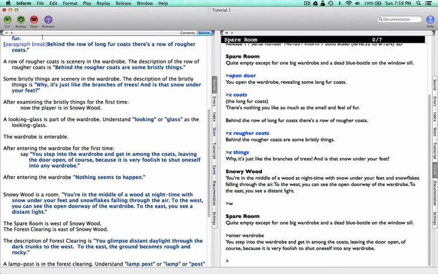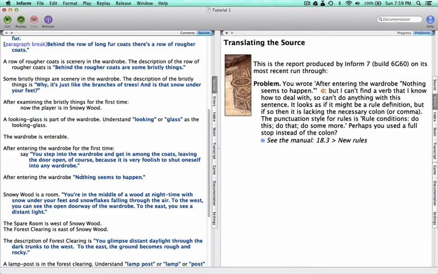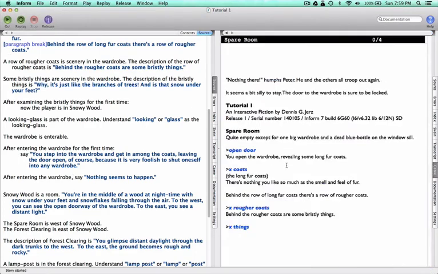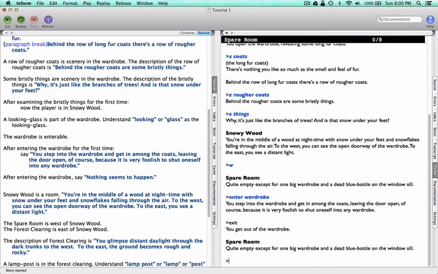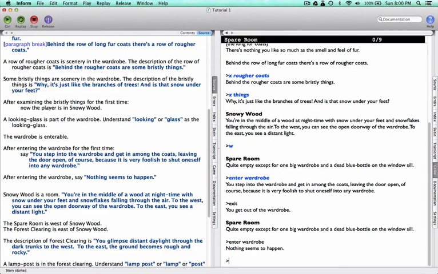Okay, so we'll do that, and whoops. Aha. Say, so I told you this is a common mistake, comma, there we go, okay. Enter wardrobe, exit. Okay, all right, the magic is gone. All right, I think that's a good enough start